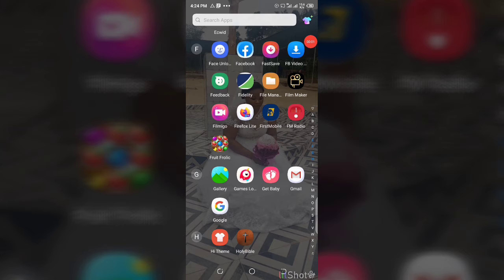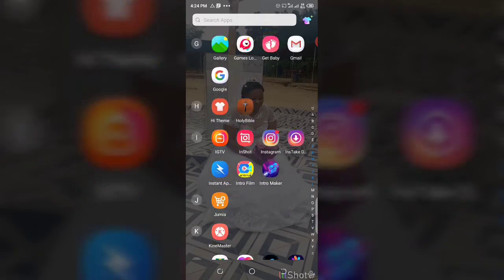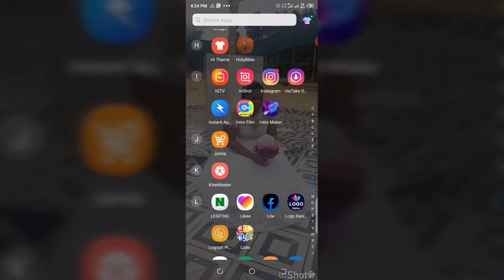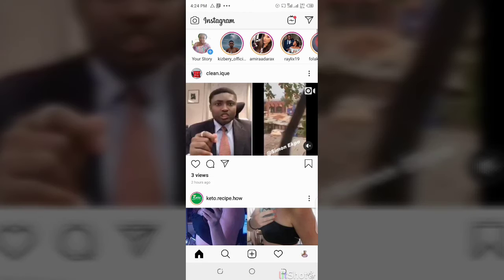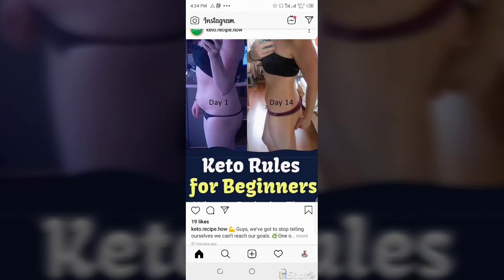Alright guys, so I'll be showing you how to add another Instagram account to your Instagram account. You don't need any other app to do this. With your one Instagram account, you can add up to 5 accounts to it. So before you go ahead, make sure that you have an internet connection, and then go to Instagram. When you go to Instagram, click on the profile button below,